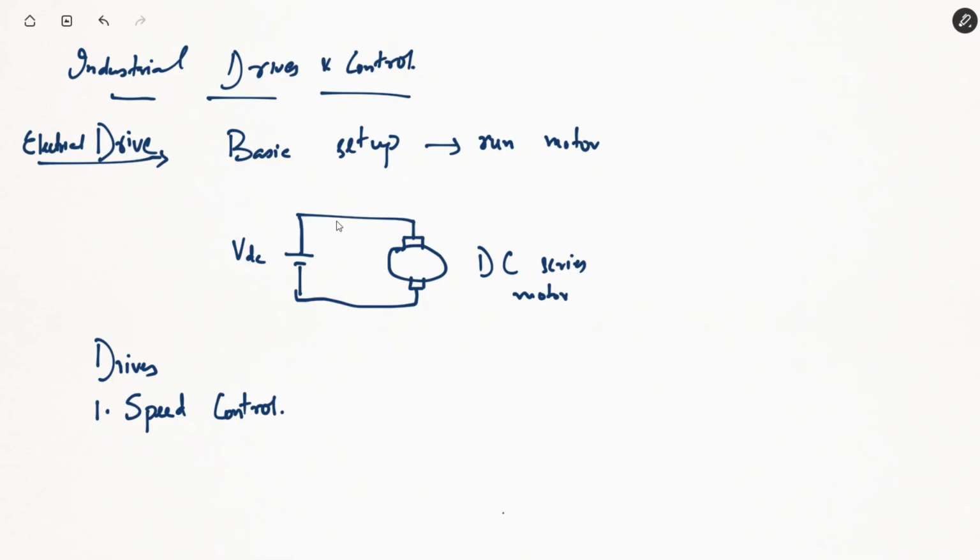Fine. इन दिस केस जहाँ पे हमारा ये बेसिक सेटअप था जहाँ पे हम खाली एक डीसी वोल्टेज सोर्स लगा रहे थे टू अ डीसी मोटर, we cannot control the speed of this. If this DC voltage here is fixed, we are applying 200 volts or 150 volts, whatever, it's fixed. We cannot change this voltage. We cannot control the speed of this DC motor. We cannot control the current flowing through the armature of this DC motor. We cannot control the flux generated by the field circuitry in this DC motor. So all those things are actually uncontrollable at this time, and that's why this type of drive is also known as uncontrollable or fixed speed drives.